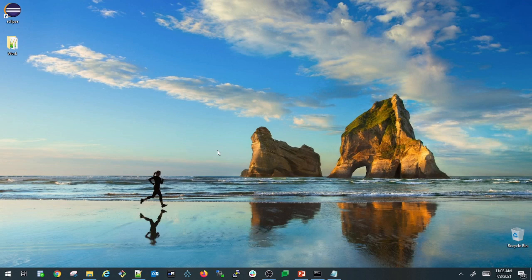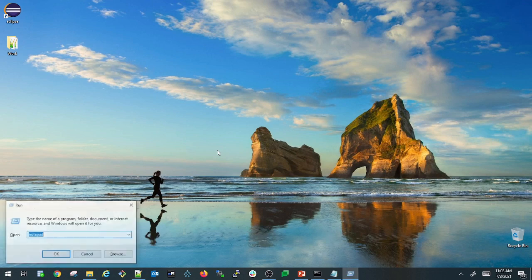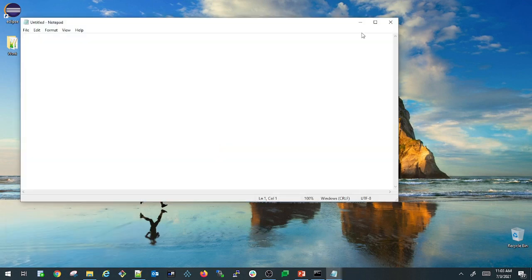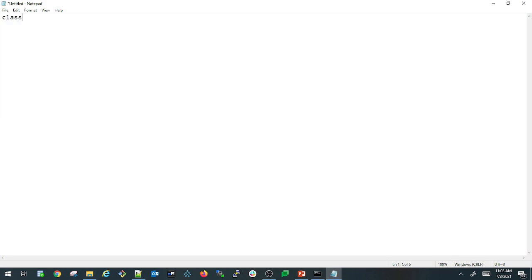Now let us quickly write a sample program on the ternary operator. I'm opening a new notepad, class TernaryOperator. Opening my class, closing my class. Inside that I'm writing my main method.